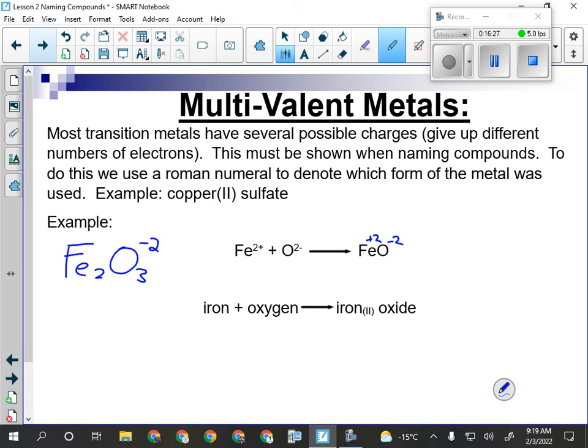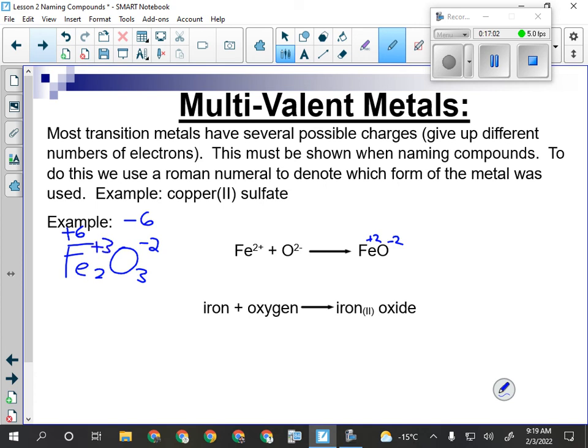6. So I take the charge and multiply it by the number of that atom. That means there are 6 negatives here, so there have to be 6 positives to come from the iron. Agreed? Because this has to balance out. It has to have a charge of 0 overall, the same number of negatives and positives. So I've got to get 6 positive charges out of 2 irons. 6 divided by 2 is 3. That means this iron